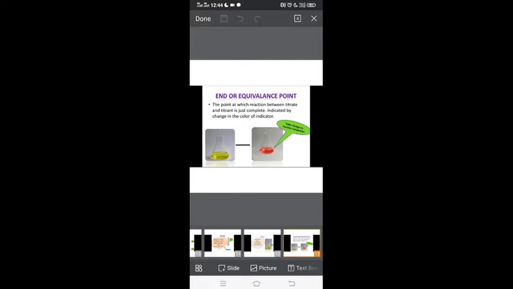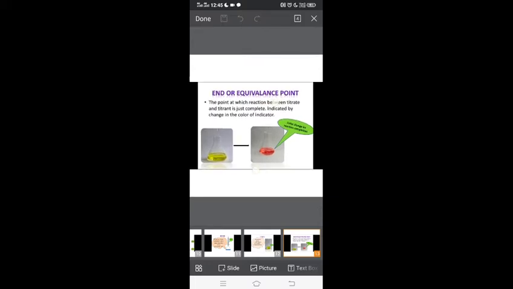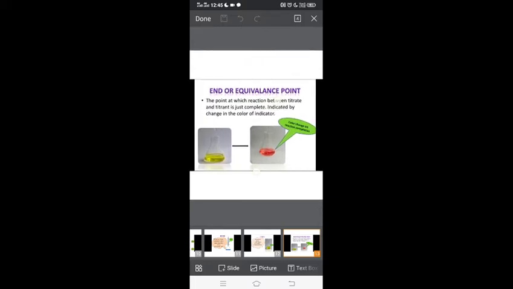A simple example I am giving you here, children, is NaOH and HCl. Both of them are colorless solutions. It is a neutralization reaction because a base is reacting with an acid. NaOH is a base reacting with HCl acid. Whenever a base and an acid react, it gives a neutralization reaction. Both the solutions are colorless, so how will we come to know that the reaction has occurred? Experimentally we have to find out, so we usually add an indicator, children, to indicate the change in color.